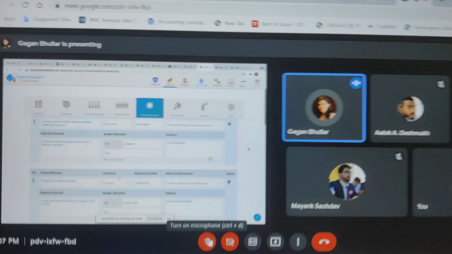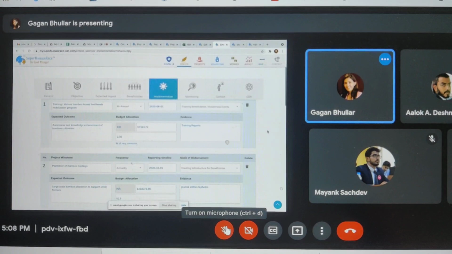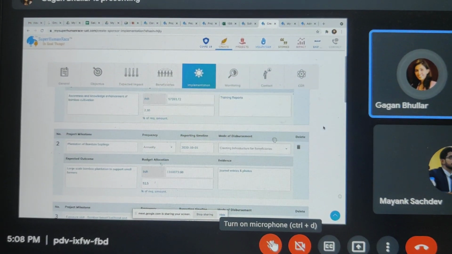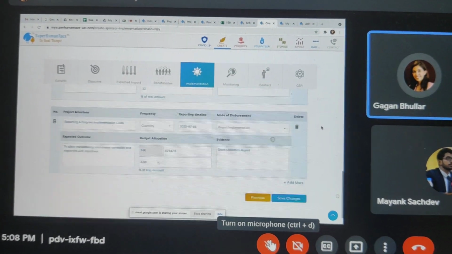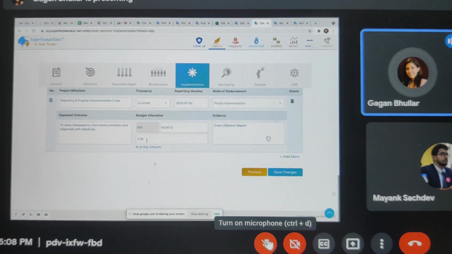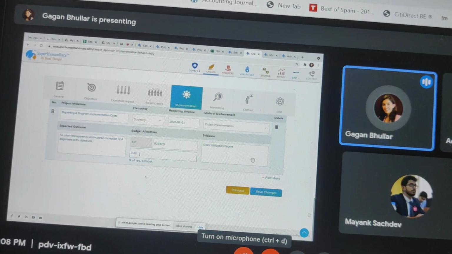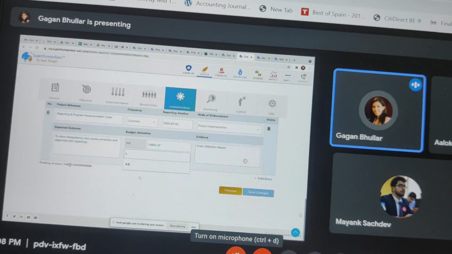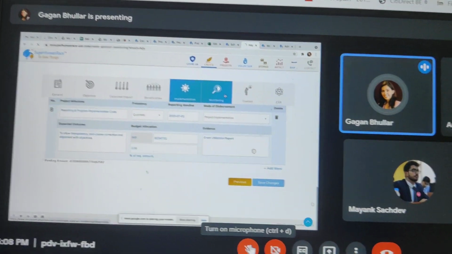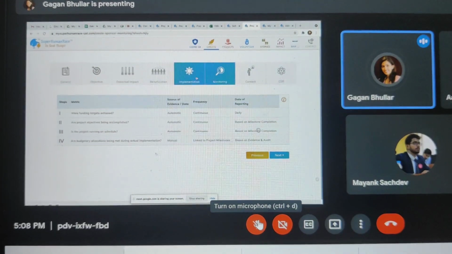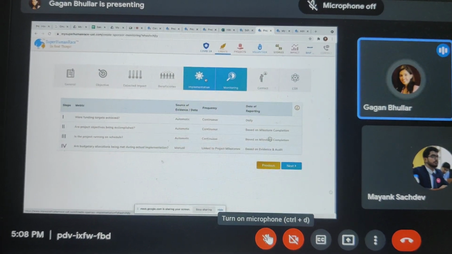Even for programs which are quite complex in terms of funds being disbursed, this has been a fairly doable form for most organizations. So we haven't had an organization come back to us and say, I don't know how we are spending the money as it pertains to this form. So that is good. This form requires 100% allocation of funds. So if, for example, I make this 3%, it will show me what is the pending amount. So I cannot do anything less than 100% of the fund utilization. That is a basic requirement for the implementation form. So 100% of the funds have to be allocated. Otherwise, they won't be able to save it.